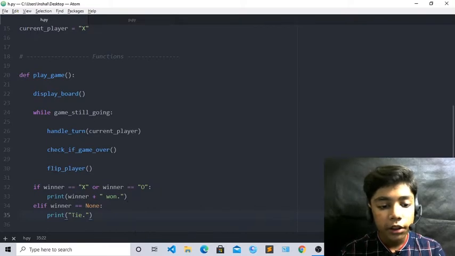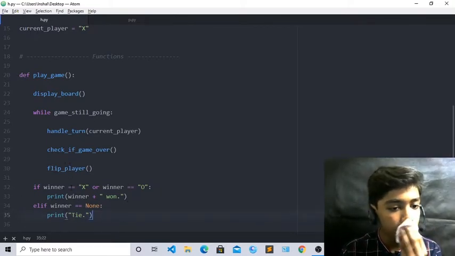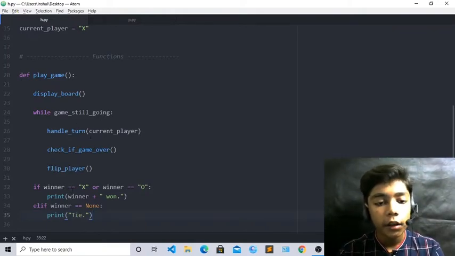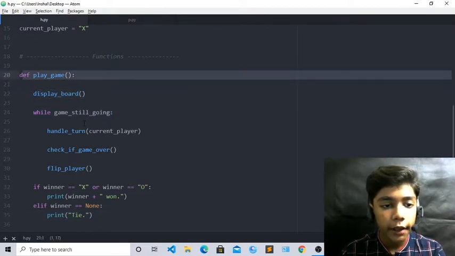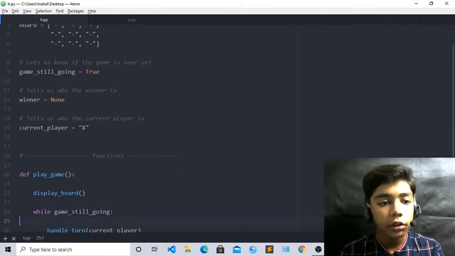Now we will define many things here also. We have defined our flip player, then handle turn, then current player in it, then while game is still going, display board, then def play game, and we have also defined current player, winner, None, game is still going, and board here.